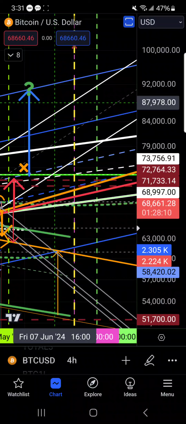Now I imagine we're going to have something like 3 possible parabolic runs. One in October, November, one in April, May of 2025, and then another one towards the end of 2025. So that's very, very possible, but then each of those would have a dramatic pullback in between. So that's something to kind of consider. That's just what I believe.